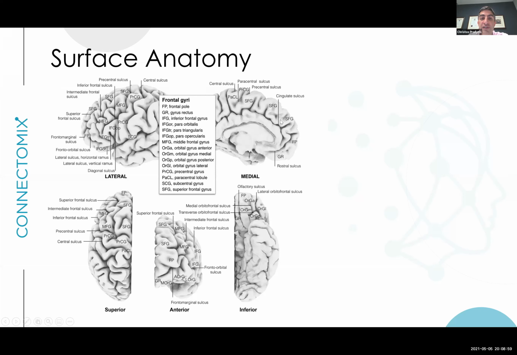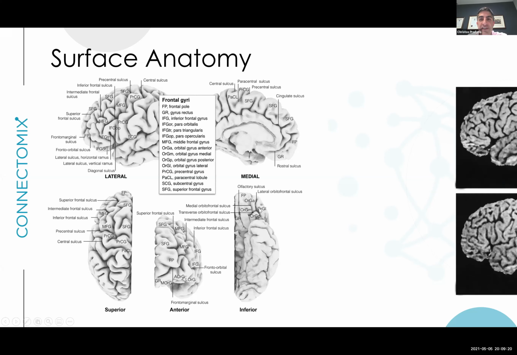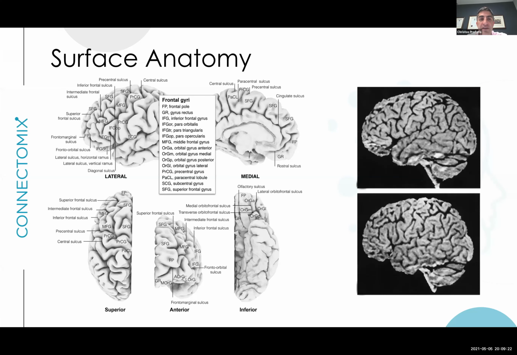On the medial surface, we have the superior frontal gyrus and the cingulate gyrus, separated by the callosal sulcus and the cingulate sulcus. And inferiorly, we have the gyrus rectus, separated by the olfactory sulcus, and then the orbital gyri divided by an H-shaped sulcus. What's interesting is when you actually look at the configuration of these sulci and gyri,